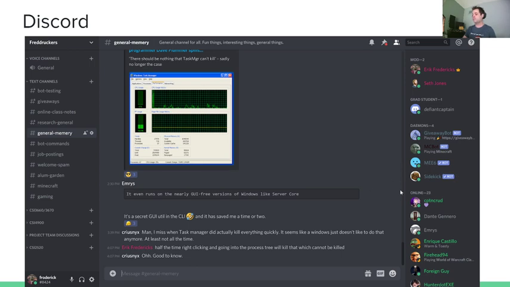Sidekick, I thought it'd be fun for the students who like Dungeons and Dragons to have a D20 roller or a D100 roller bot. It hasn't been used too much, but I have had students who like D&D play around with that a little bit. So basically, if there is something that you want to automate with your server, that's what a bot is for. Slack has bots too. Twitch has bots as well.